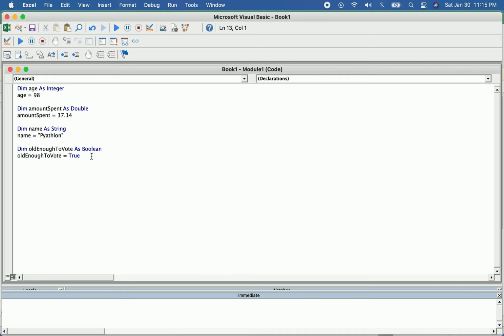So let's say you have some data and you have your sales data stored from cell A1 to cell B5. Well, that is a range. So you have to declare a range object. So let's say, we'll say dem cellsData